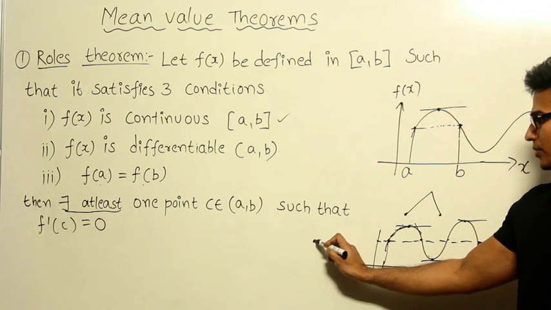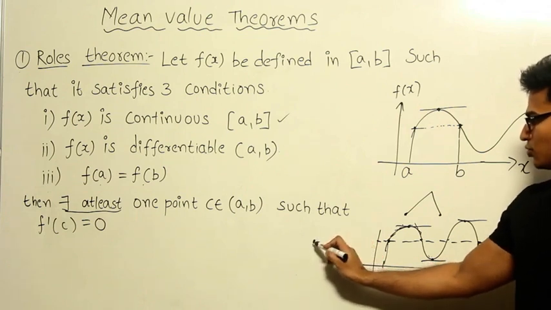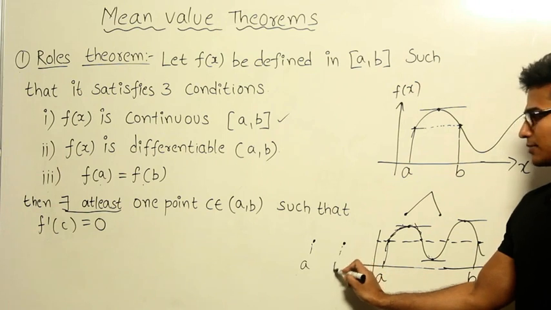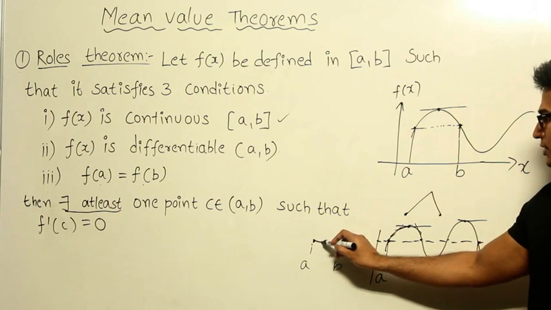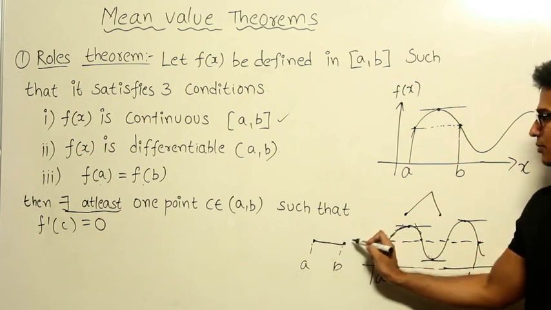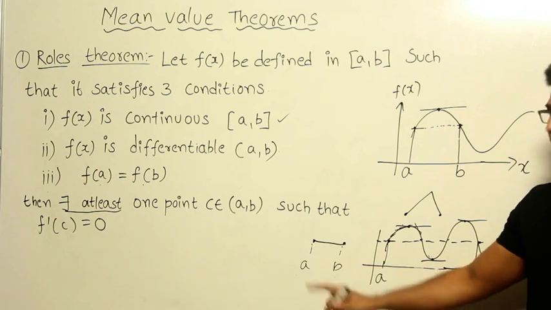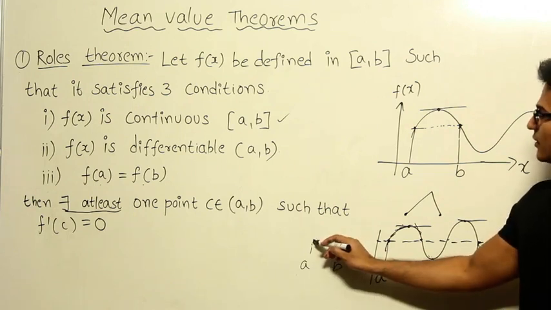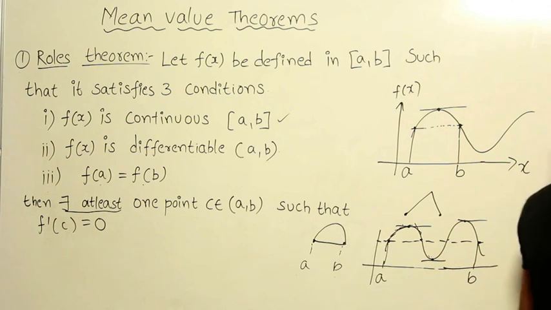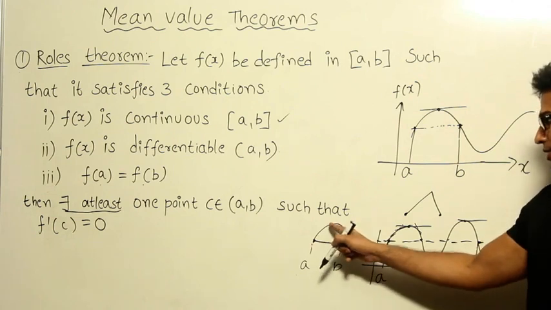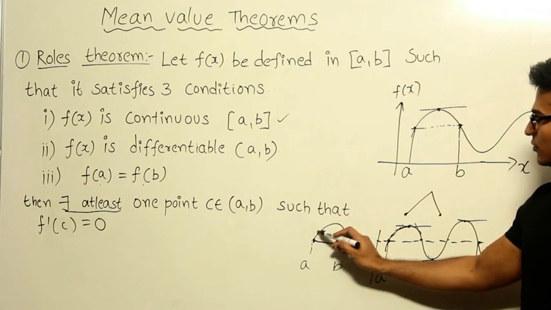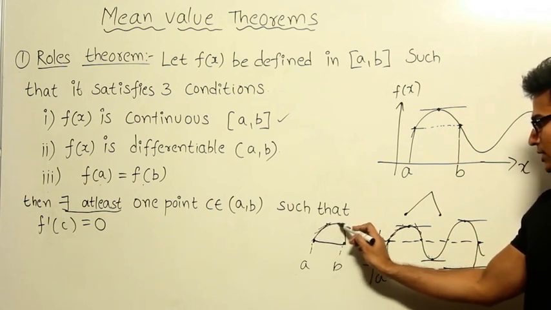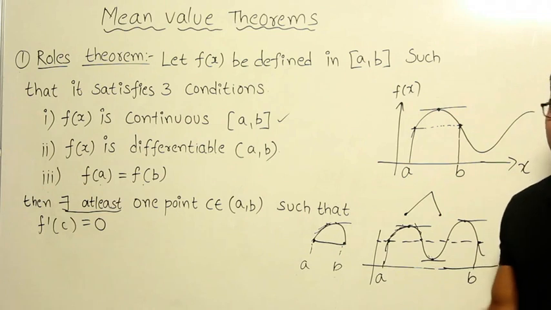If f of a equal to f of b, then see, let us say these are the 2 points, this is a and this is b. Now they are saying that f of a equal to f of b. How can this happen? One way is your function is just a straight line. In this case, at all the points, whenever you draw the tangent, it will be definitely parallel to x-axis. What is the other case? The function is going to increase and then it is going to decrease. Once the function increases, if it has to reach the same value, it has to decrease somewhere, right? And also they are saying that it is differentiable, which means there are no corner edges. Therefore definitely if you are drawing the tangents, at least one tangent at some point is going to be parallel to x-axis.